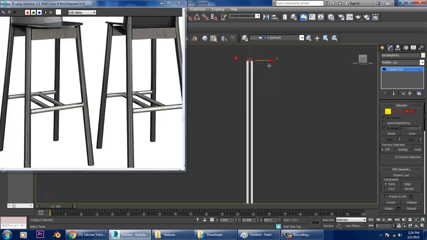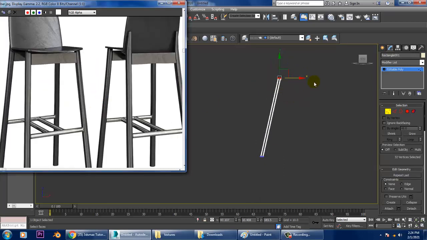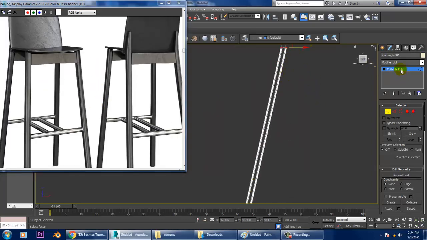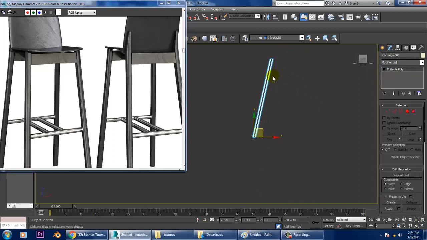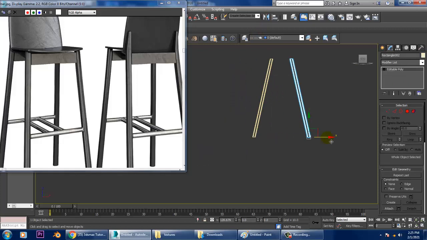You can go into the vertices in this way. Let's take this as a back part and mirror it, copying it in this axis over here.